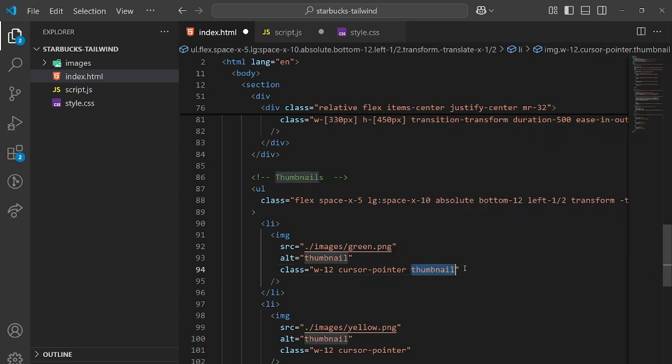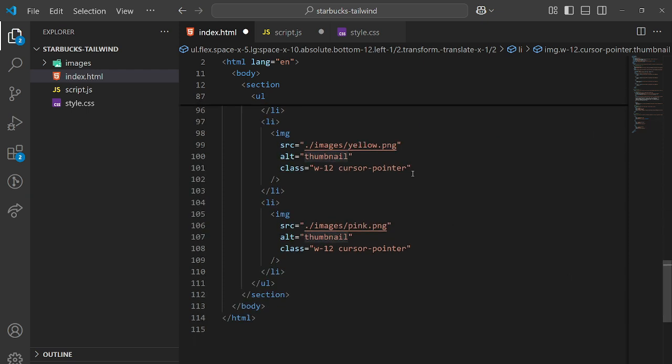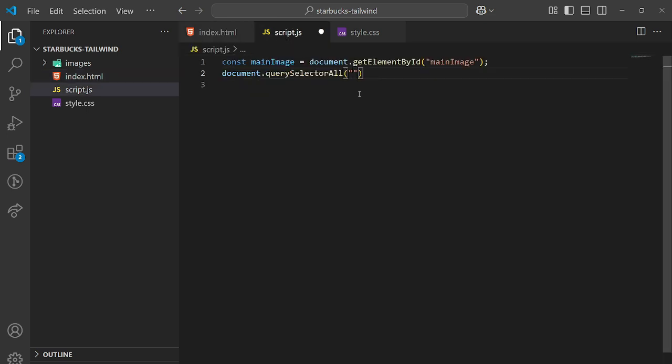Okay, so let's copy this one and paste it inside the other two images' class. Okay, so let's go to the script.js file, and after that .thumbnail. So let's create a variable and assign it. So the variable name is thumbnails,